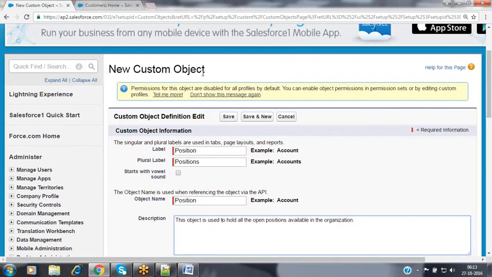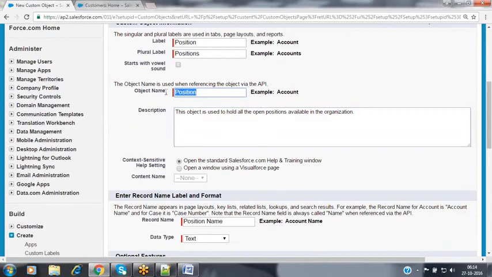Like that, whatever open positions are available inside my organization, I would like to place that information inside my position object. As soon as I create a position record, it will notify the HR people that a new open position is available inside your organization. This is the position details, so please start recruiting a candidate for this position in order to close this as soon as possible. So here we can implement the business processes also, so that we can notify the hiring managers or the recruiters automatically. In order to store all those open positions information, I would like to use an object called the position object.